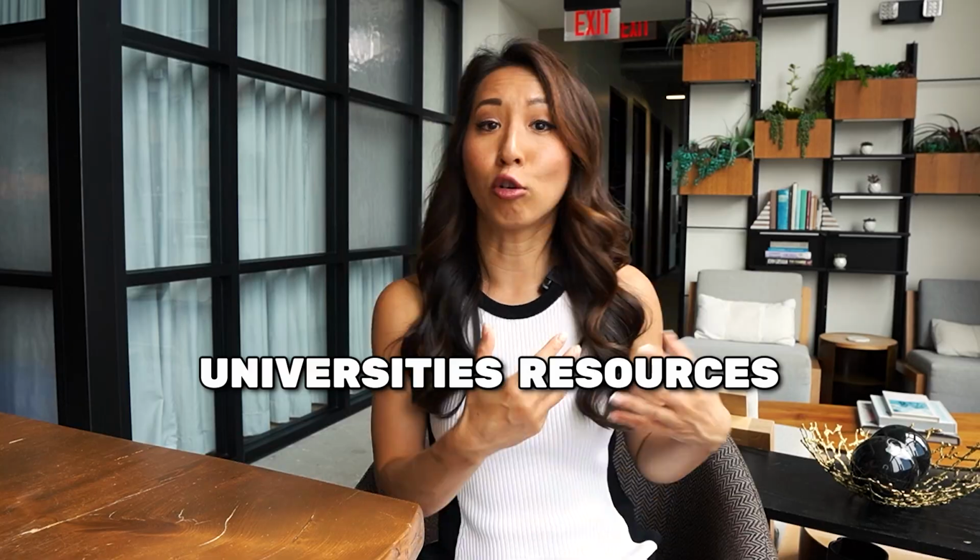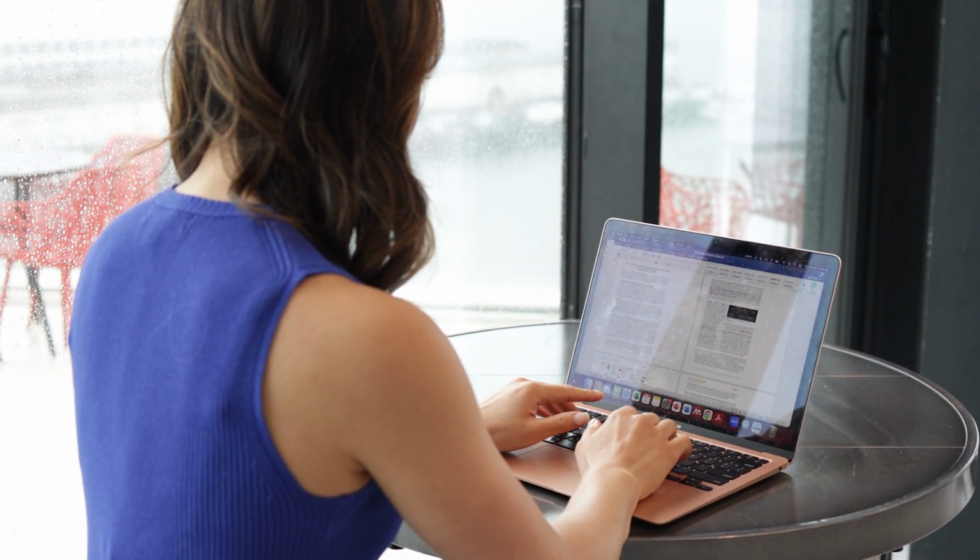Number 1, your startup doesn't automatically own the IP, so know the tech transfer rules. Just because your name is on a university patent doesn't mean your startup owns the invention. Most universities claim ownership of the IP developed using the university's resources, grants, or personnel, including your time as a faculty member or a student. So that means before you even start fundraising or applying for an SBIR or STTR grant,